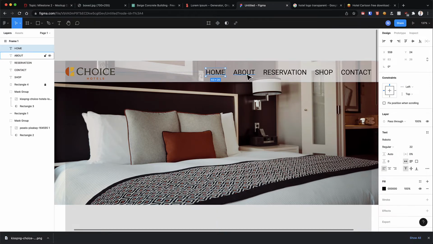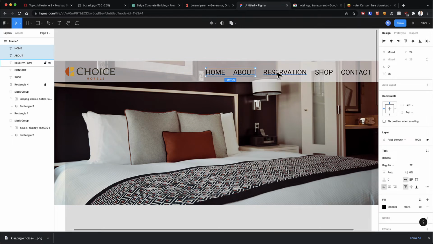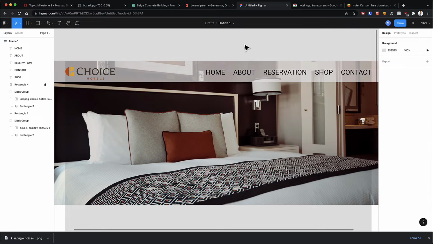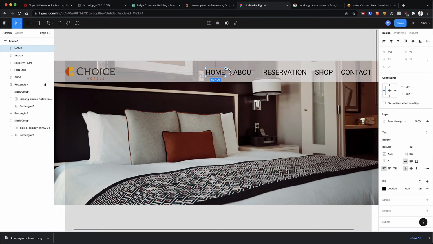So that's one little trick you can do. You can do some other stuff where you can click multiple items, and we can distribute on a horizontal phase. Whoops, sorry. Distribute horizontally. Well, I think it is there. So, and home in this case, I think is